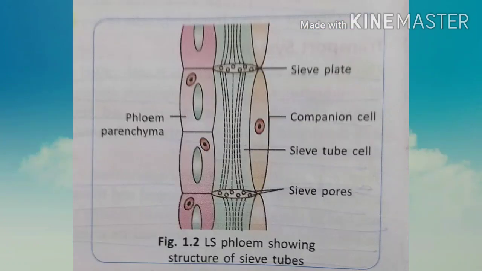Next, phloem. Phloem is formed of living tubular cells which provide a passage for the downward and upward movement of the food manufactured in the leaves to various parts of the plant. Clear? And so we can say that conduction in phloem is bidirectional. Clear? Downward as well as upward. The phloem consists of sieve tubes, second companion cells, third phloem parenchyma, and fourth phloem fibers. Clear? So this all is about the phloem.